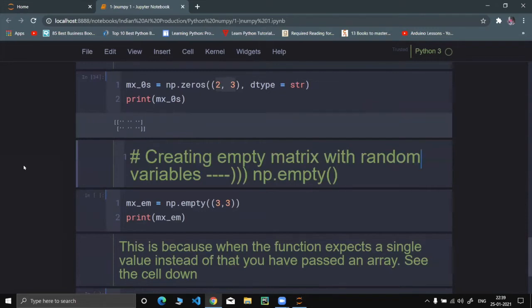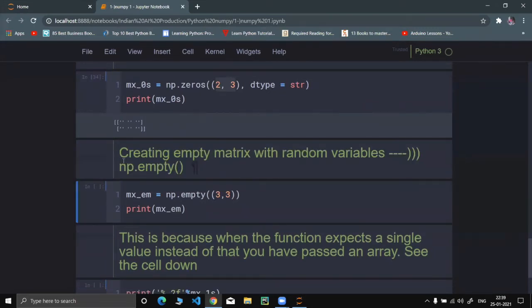Similar thing, I've just changed the shape of the matrix as I wanted. What if we wish to create an empty matrix with random values? We can use the np.empty function. So what do you think I will get as output? Let's check it out.